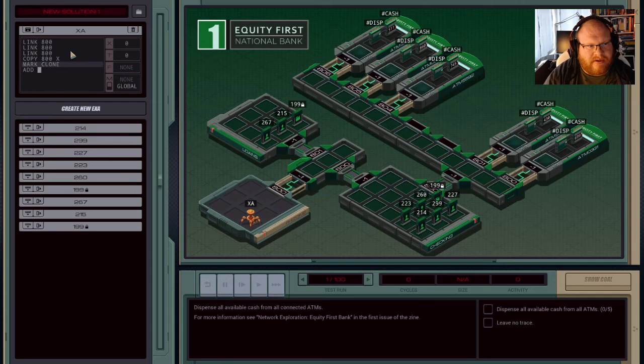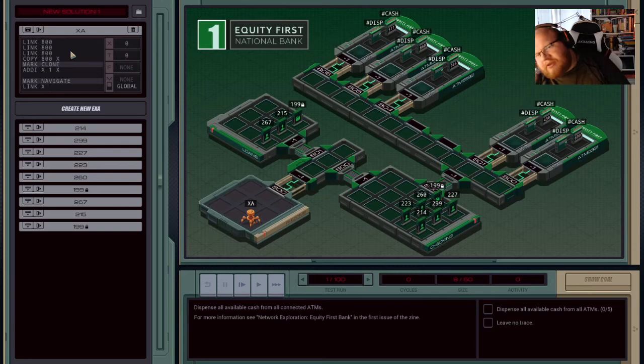Okay, first let's increment it by 1. So each clone is going to increment by 1. Then later down the line, I want to say navigate. Sure. Link X, so it's going to traverse. I like it. So it's going to traverse across the link with the link ID that it has stored,